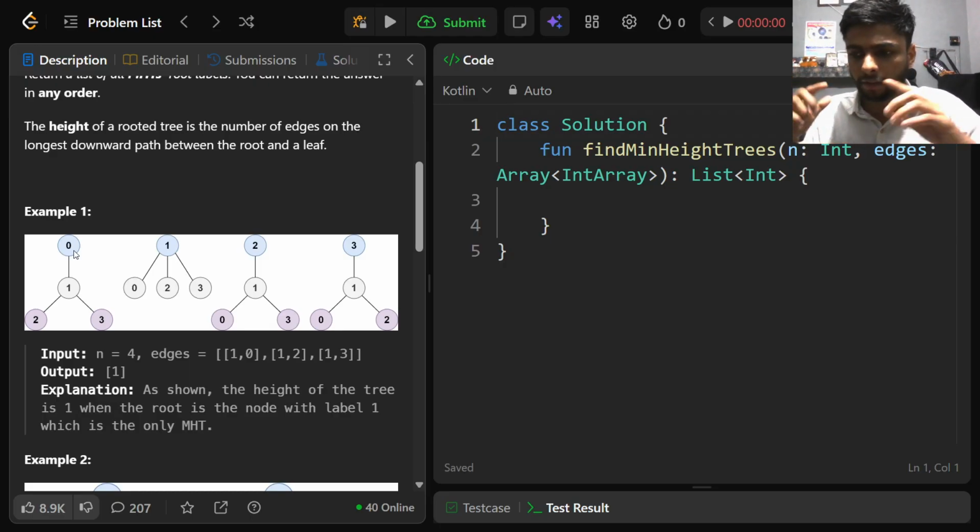We start from the outer boundary of the tree and we get rid of the leaf nodes. For here, for example, 0, 2 and 3 are the leaves, so I get rid of this, I get rid of this, I get rid of this, and from my leaf nodes I move inwards. I move towards the root from 3 directions,